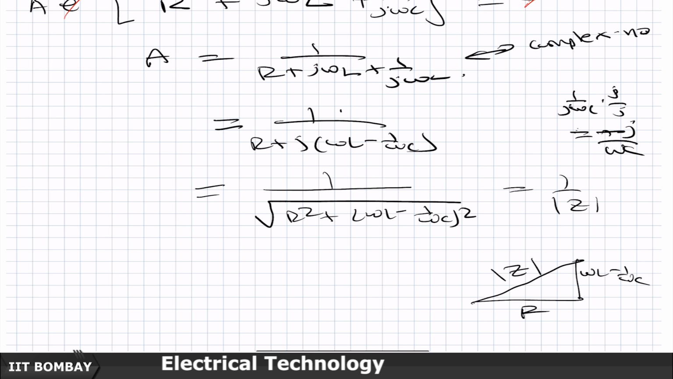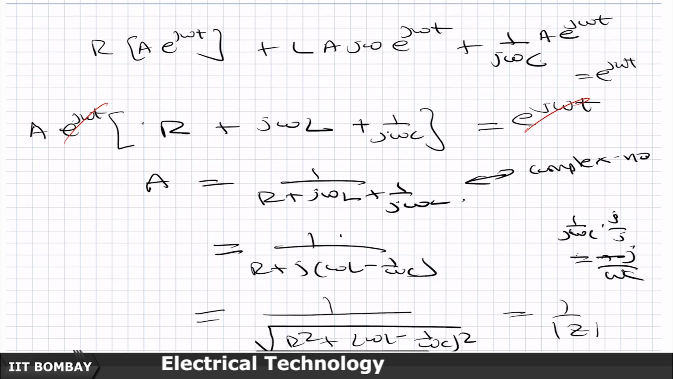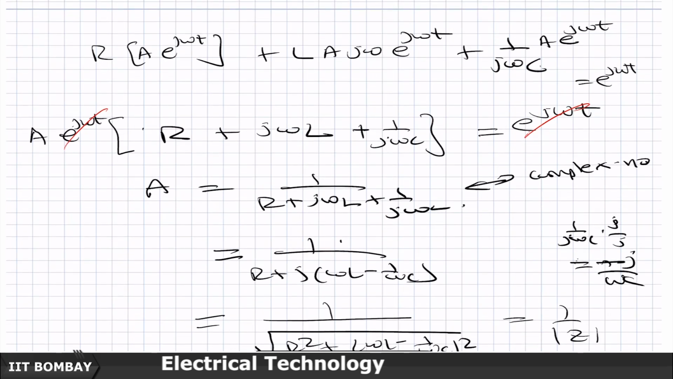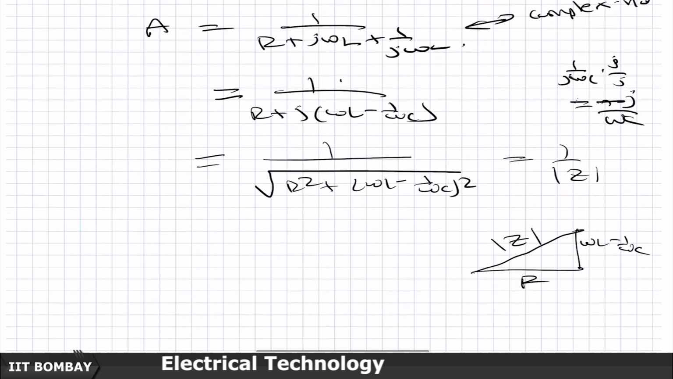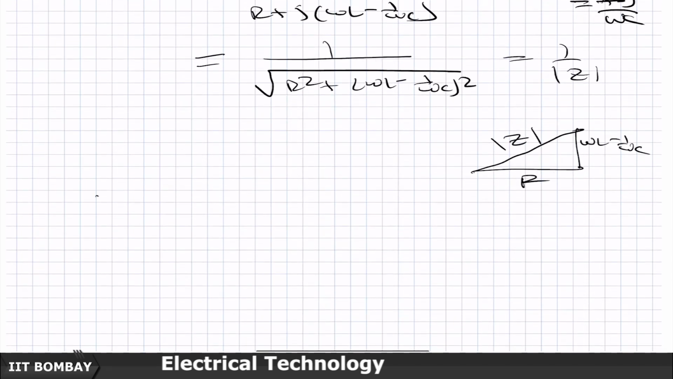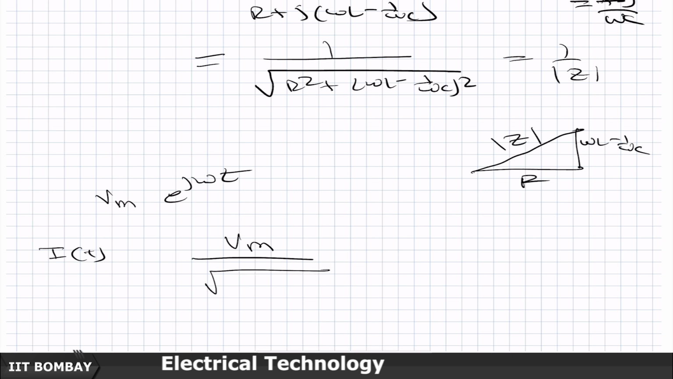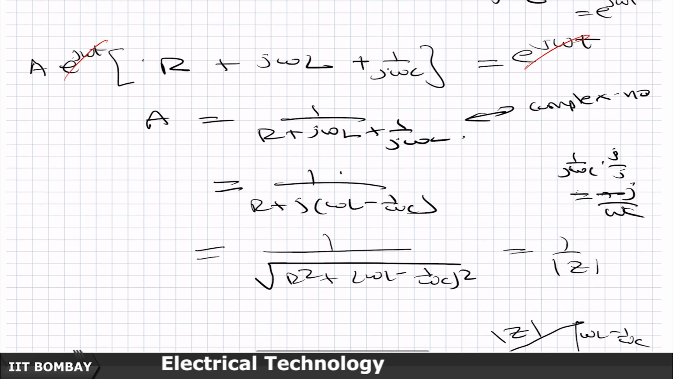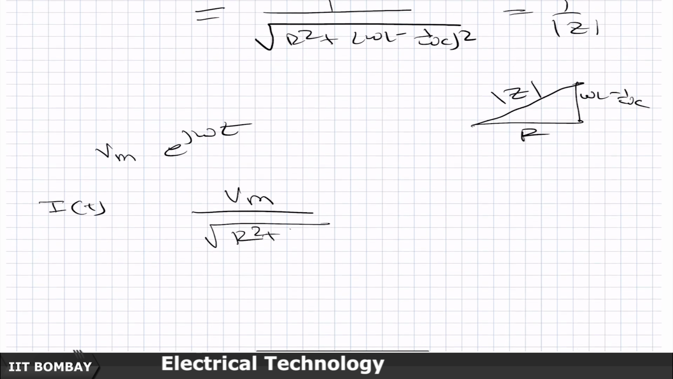Is it not? So, this is 1 by z. What we did in the previous class is coming back to us. The response to, suppose I gave V m e to the power j omega t as my complex exponential, my response I of t will be V m divided by under root of... my response is going to be first of all a complex number I bar,